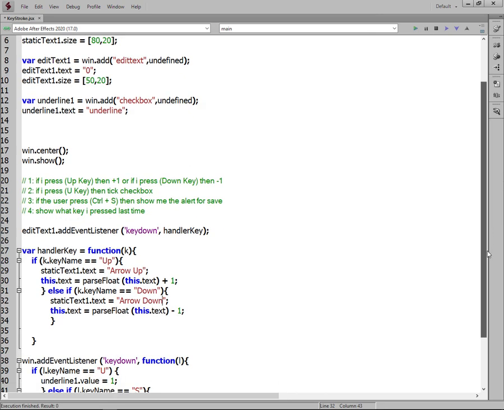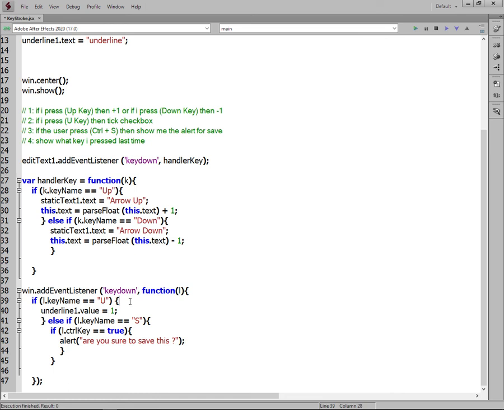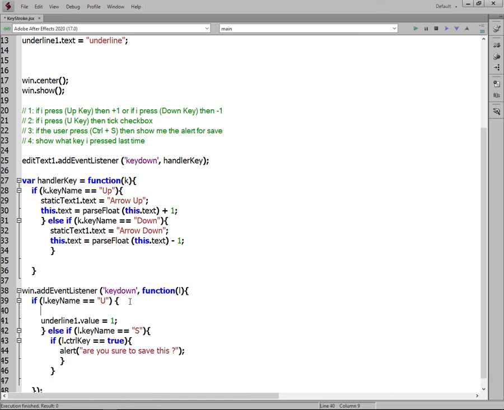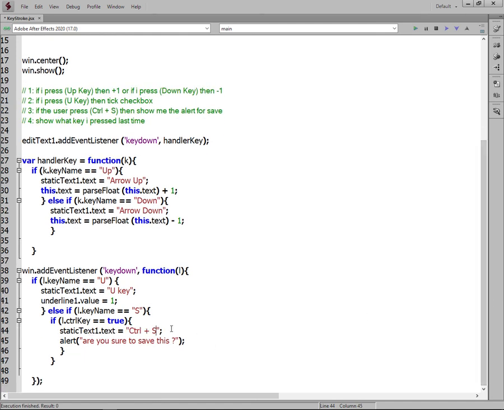So we need to define also here the U key, and if the user presses U, then just U, or just type key U. And if it is Control and S, before the alert, then Control plus S. So the user types like this, and if I save this and run this on my After Effects target application, so if I execute this,